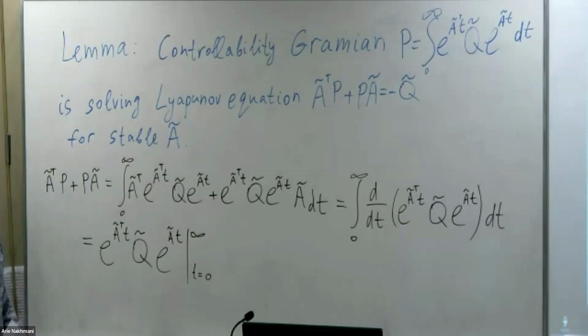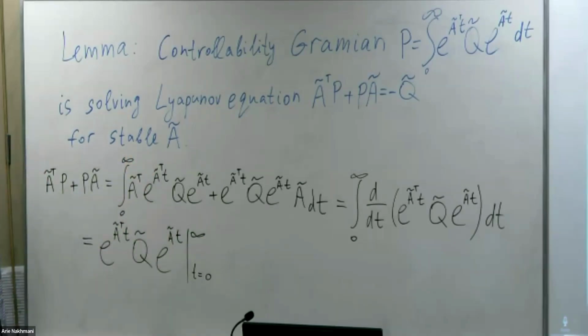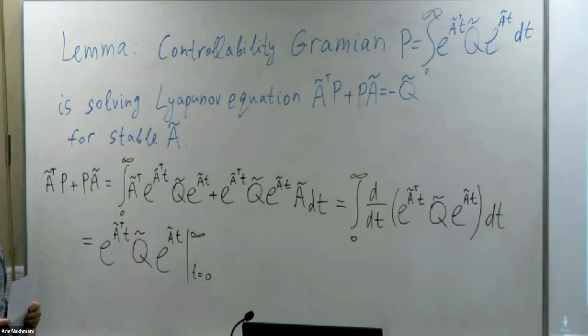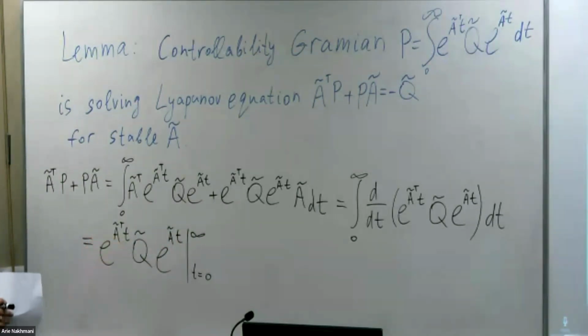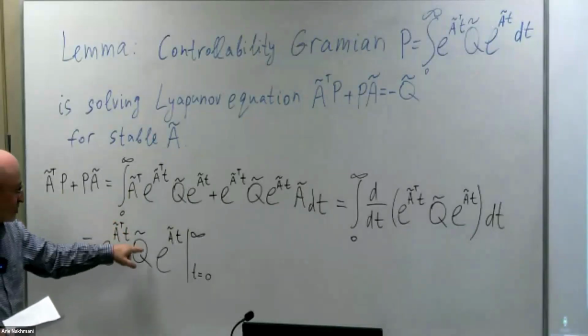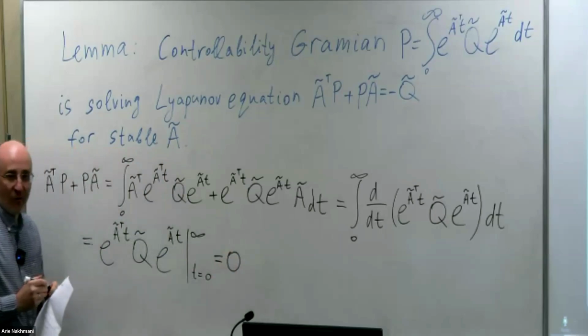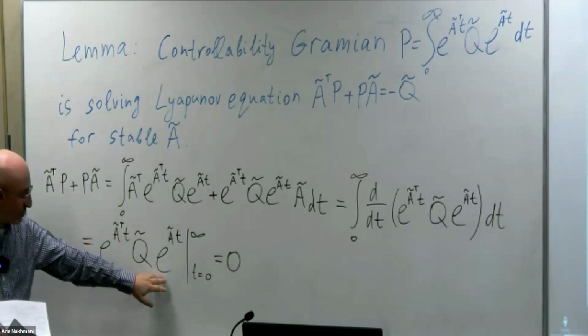All right, and here's where stability comes into that question. Why does this need to be true? Because for T equals 0, this is e to the power of 0, and this one is also e to the power of 0. But for T going to infinity, you want that thing to converge to 0, so that entire thing converges to 0, and that entire thing converges to 0. So it will be 0, and this will be true only for stable matrices, obviously, because for unstable matrices, this will go to infinity. But for stable matrices, that exponent will converge, and that exponent will converge. So it will be 0